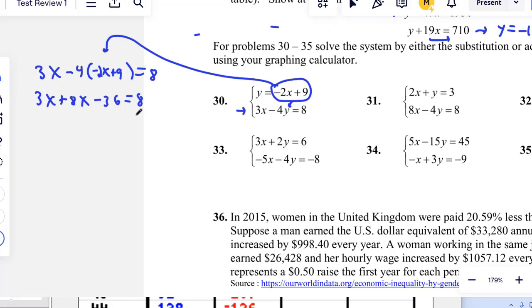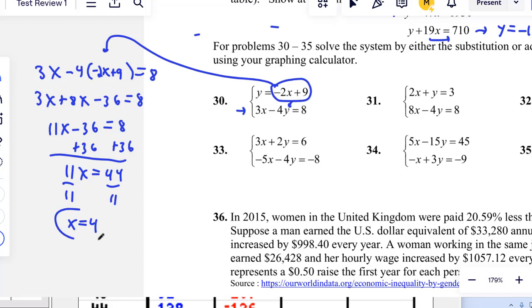Okay, and then we put the x's together to get 11x minus 36 equals 8. Then we could add 36 to both sides to get 11x equals, what is that, 44. Divide by 11,